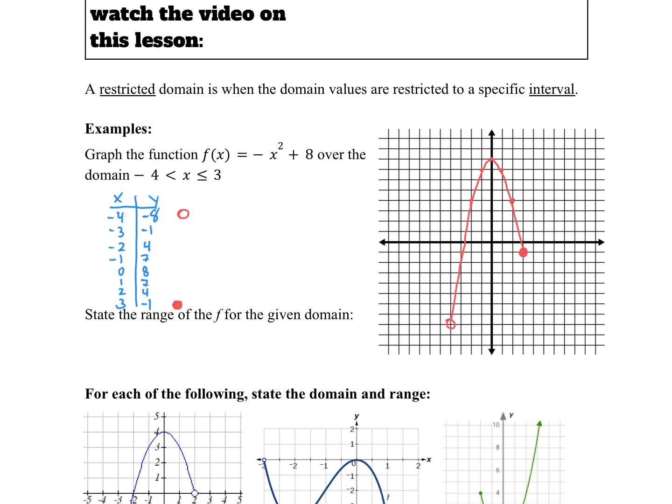Now, when we're stating the range, as we now know, range is bottom to top. So if you think about it, this is my lowest value, and this is my highest value right here. I'm going to answer with interval notation. Interval notation is basically synonymous with a compound inequality. So my range here,